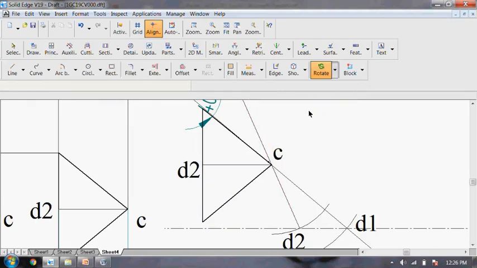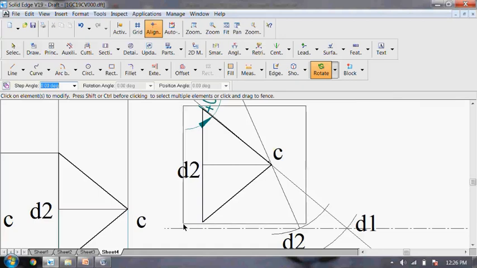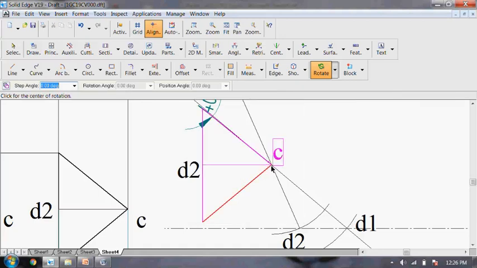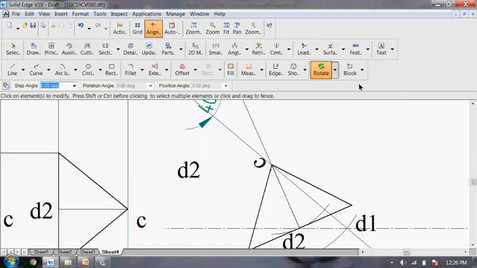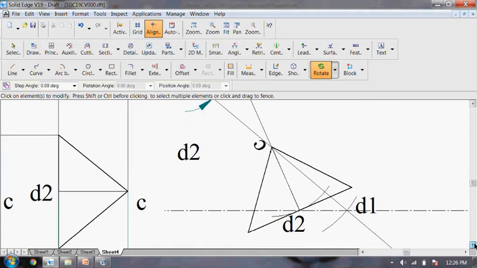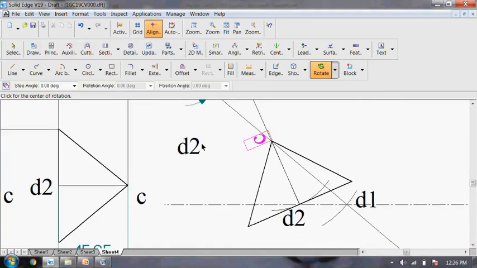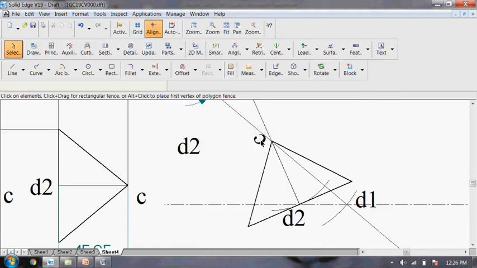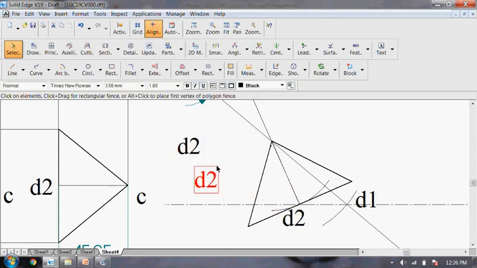Then go for the rotate command without copy, select the triangular lamina, select the median of the lamina. Still I hope, okay, we'll see. Select the median of the lamina, align it on this line. Yeah. Now the triangular lamina is aligned. So all this text we can delete and we can retype it. I'll just delete this text.